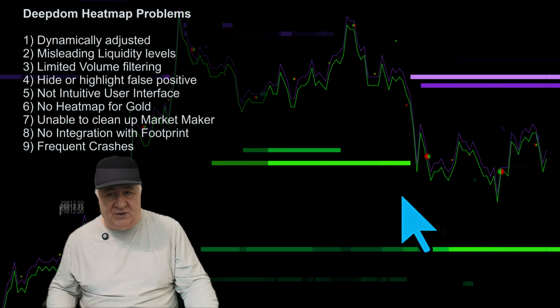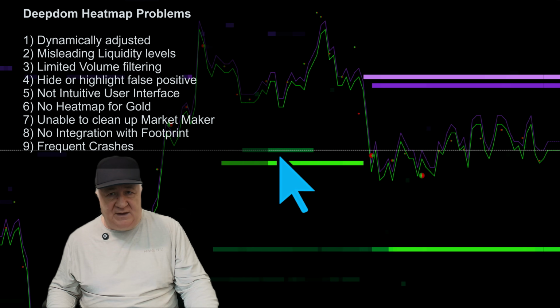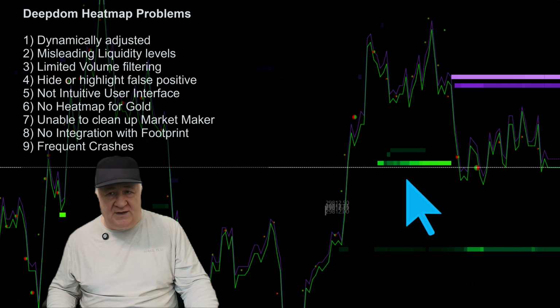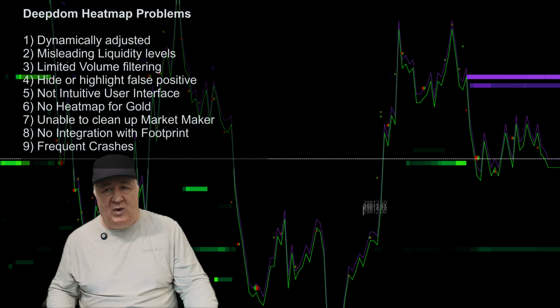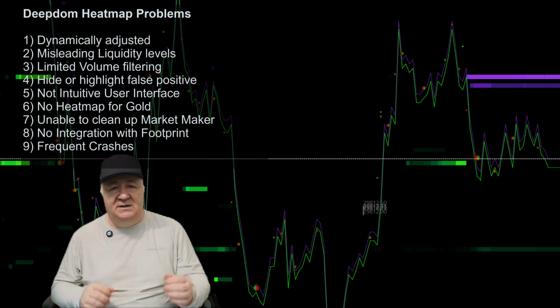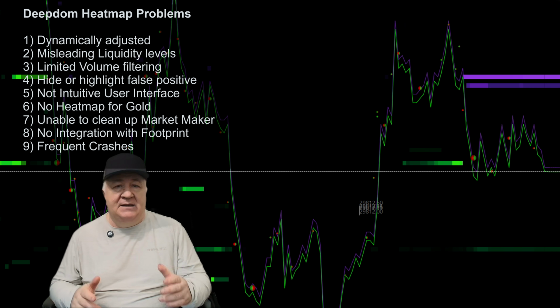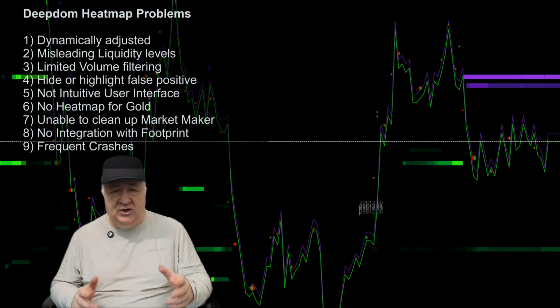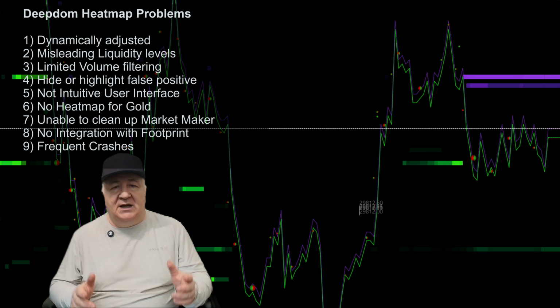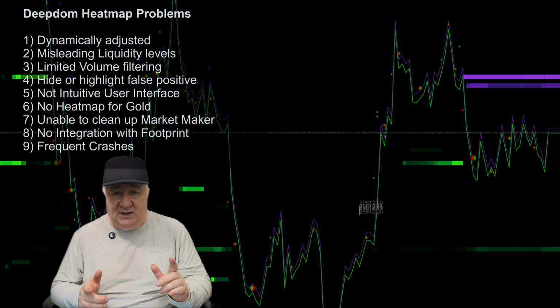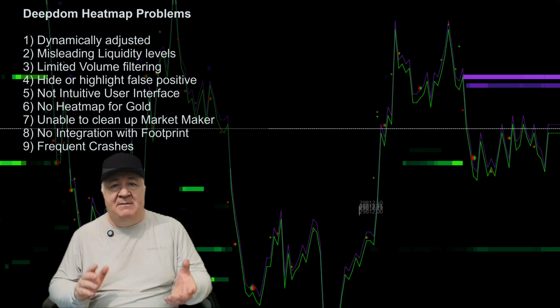If I shrink the chart, you will see that this order becomes less and less important. It's completely faded away. The point is that the DeepDOM heat map is a heat map that imposes on you and doesn't let you control the volume. If you want to see the true liquidity, it only gives you dynamically